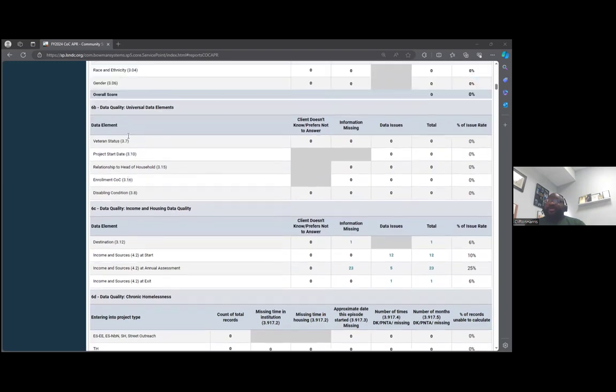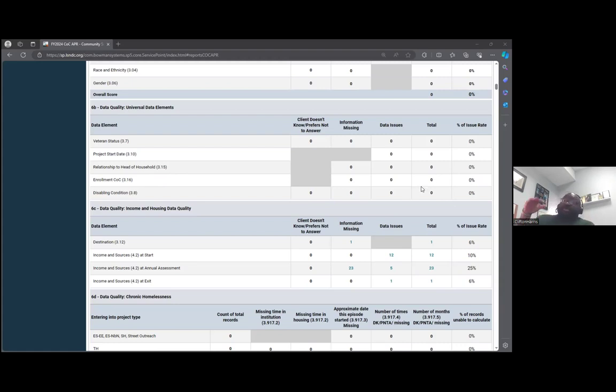6B is the universal data elements, which are veteran status, the project start date, relationship to head of household, the enrollment COC, which now should automatically populate based on where your project is set up, and then the disabling condition. So if you have a disabling condition error,